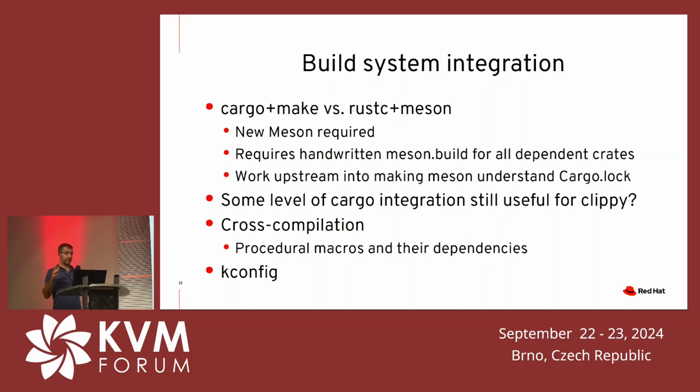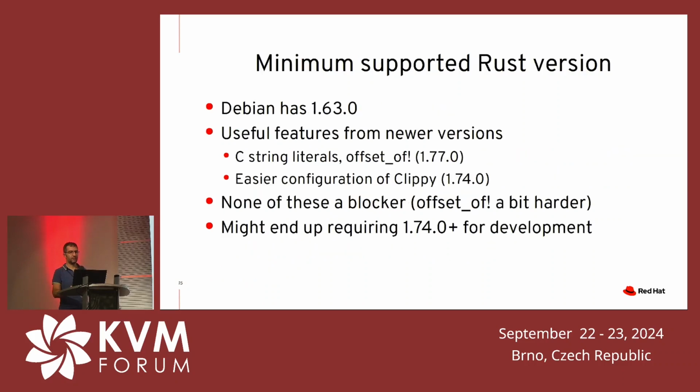We may still have some level of cargo integration, for Clippy, for example. However, we also had to basically fit into what we do for C. We support cross compilation entirely in C code, and we need to do the same for Rust code, and that was a bit easier with the rustc approach. Also we need to integrate with kconfig, for which there is a solution in Manos's patches, but that may not be the definitive solution. We have something, and again, we will iterate, taking care of not rushing too quickly so that we keep technical debt under control.